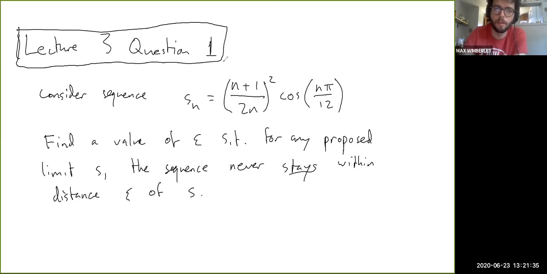Okay, so now I'll explain this. In this case, it looks like a complicated expression, but it helps to just try to visualize it. You don't have to plot it carefully with dots, just draw a general sketch of what shape this would have. Here we see cosine of n pi over 12, which oscillates between plus and minus 1. But this thing out here acts as an amplitude, which makes the oscillation wider or smaller depending on how big it is.